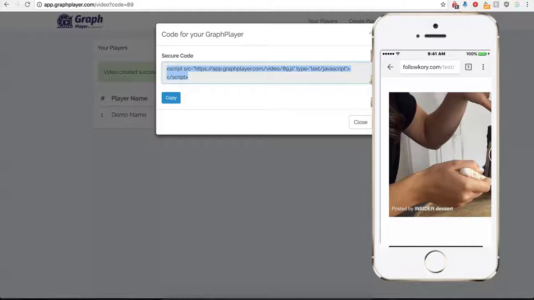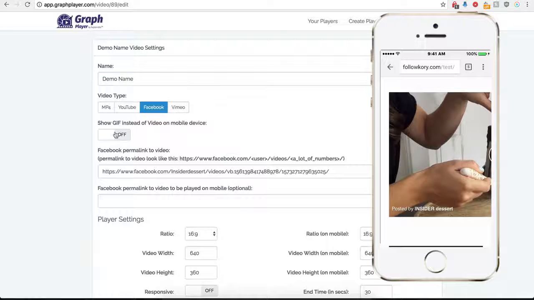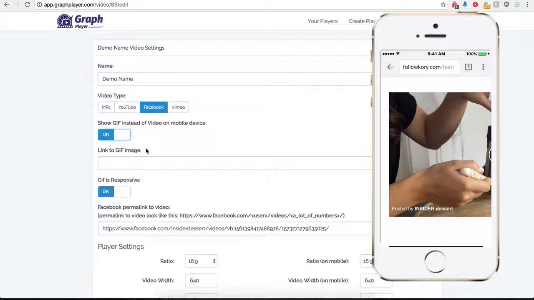I'm going to head back over here to my GraphPlayer. We're going to close out of this. We're going to click on edit. And now what I'm going to do is turn this on here where it says show GIF instead of video on mobile devices. I'm going to turn that on, and when I turn it on, you can see that we need to link